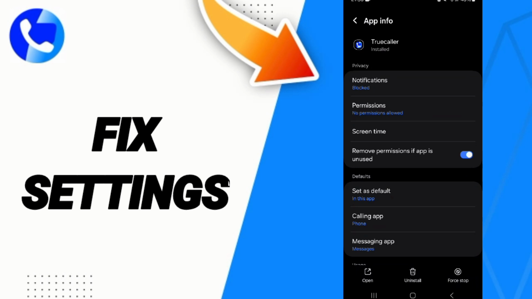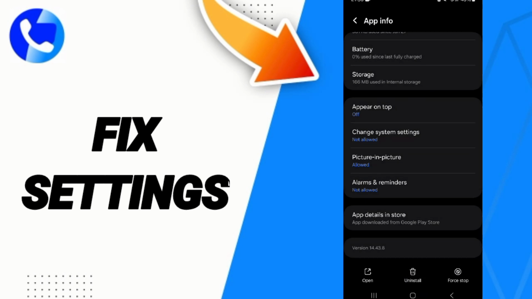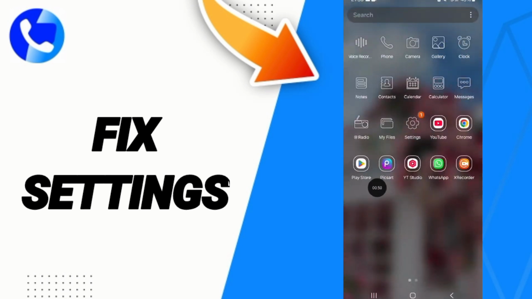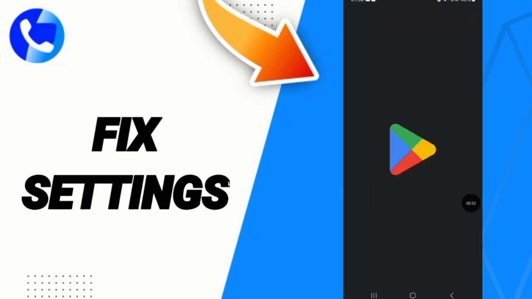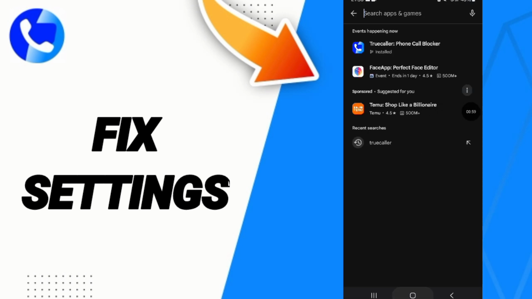On this app info page, you click on Force stop and you will click OK. Then you will enter the storage window. Here you will click on clear cache. Then you will go to Play Store. You will search for the application of Truecaller as you see here, and then you will